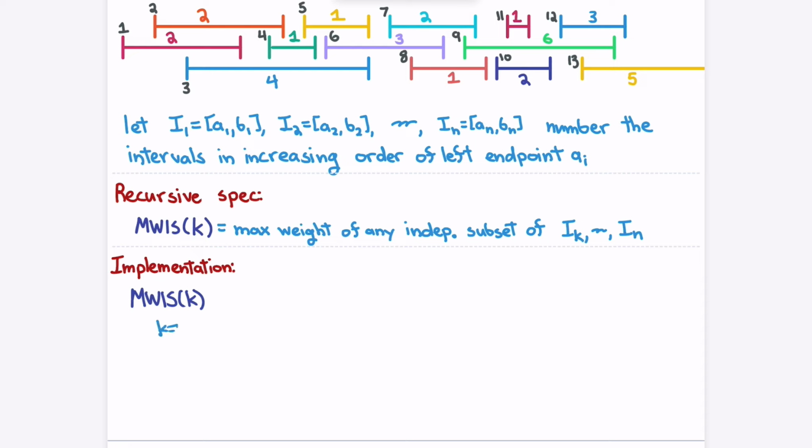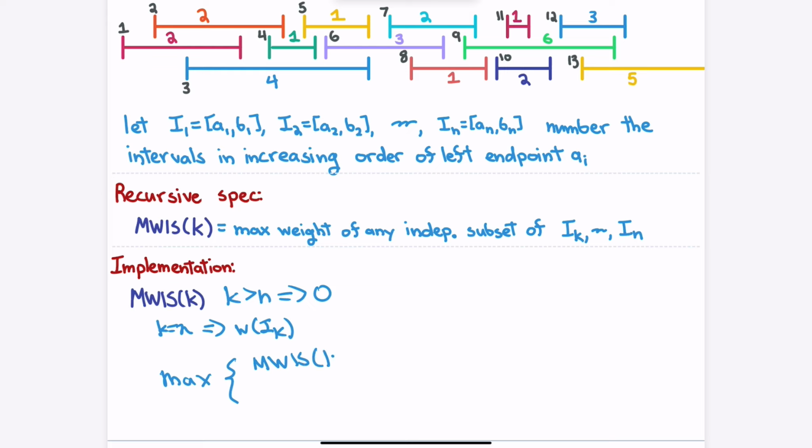So what would be a base case? Yeah, so k equals n, then I'll just return the weight of IK. Also, k bigger than n, I'll return 0. Okay, so now what are we going to do in the general case? Okay, so we'll return the maximum of, if I don't take it, then that will be k plus 1. And if I do take it, I'll get the weight of the interval plus,